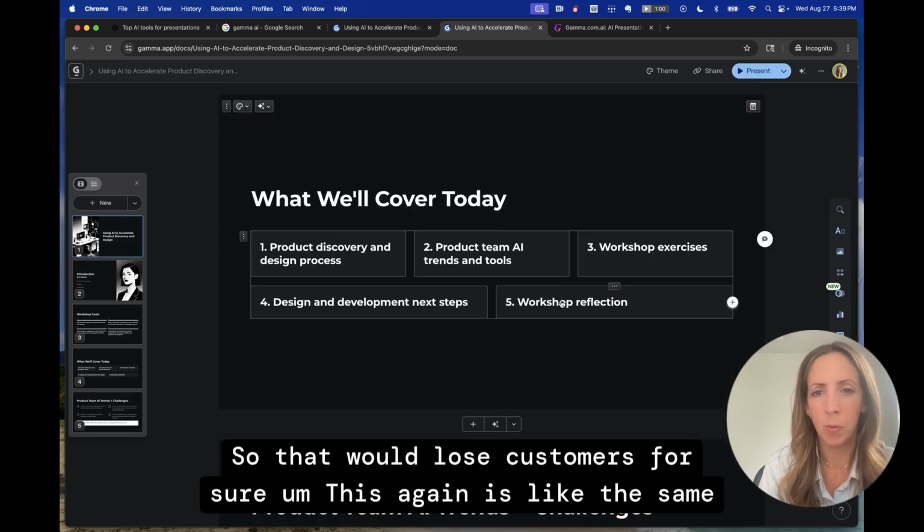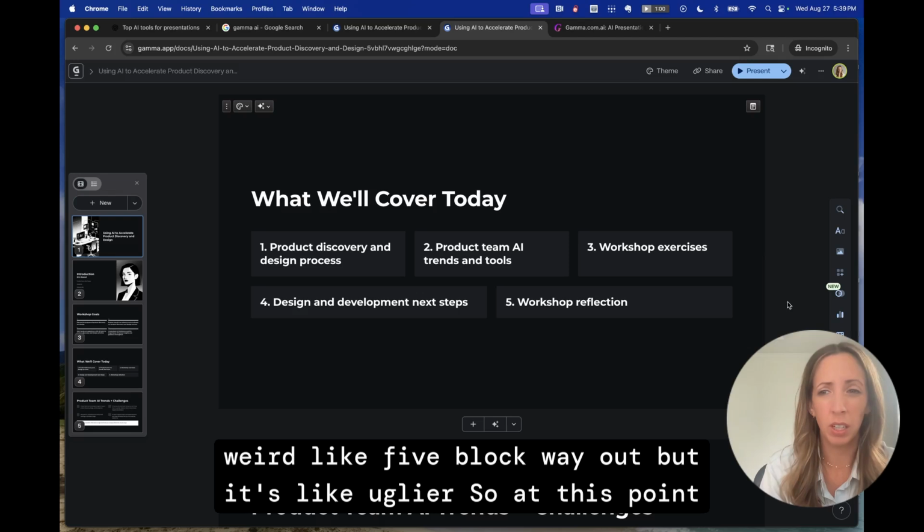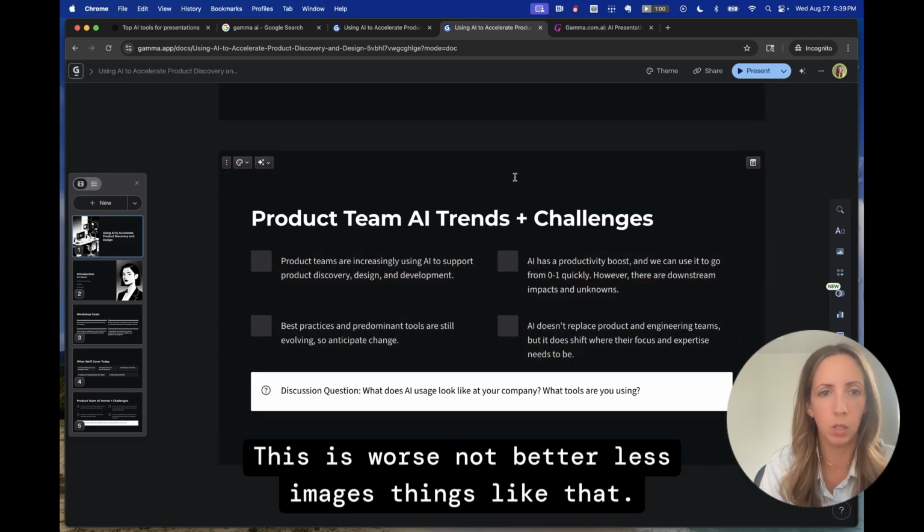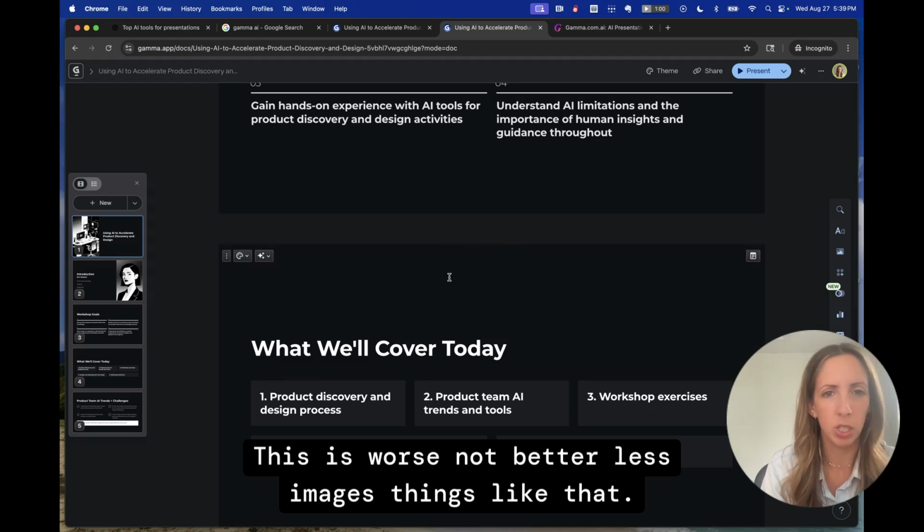This again is the same weird 5-block layout, but it's uglier. So at this point, I would just move on and not use this. This is worse, not better. Less images, things like that. So